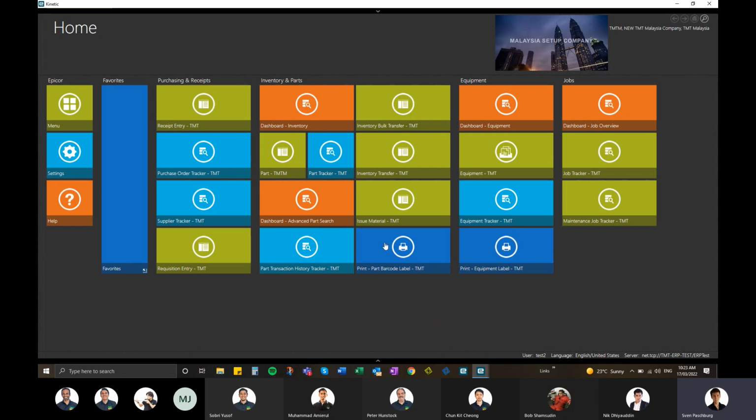So this is Sobri's one. I think Sobri, Marwan, Bob, and Anwar will all have the same one. Same level of access, and these are the screens that they will see. They've got receipt entry, they need to do receipting for stores, they've got requisitions, they can track purchase orders, we'll talk about the issuing of inventory, they've got equipment, and they've got some job tracking information here. So the screen that I'm just about to talk about on the slide is this one, part. This is where you edit parts. So we click on this one,